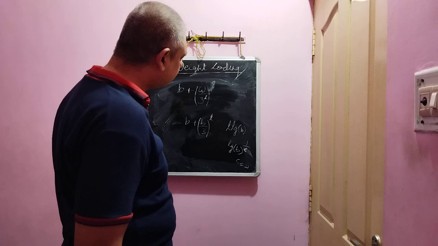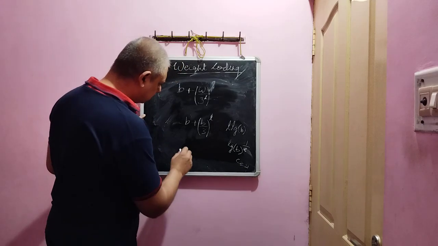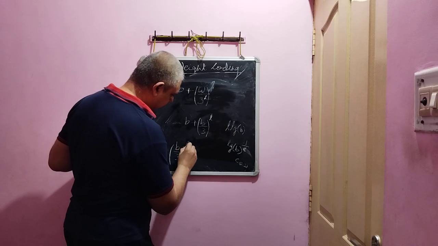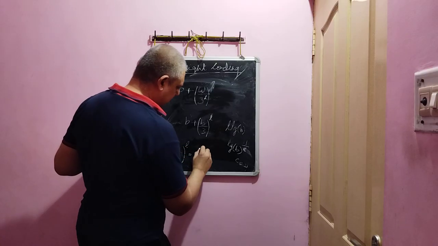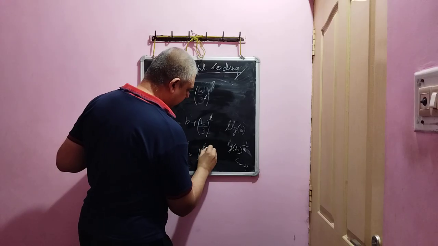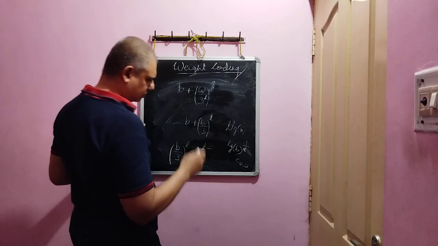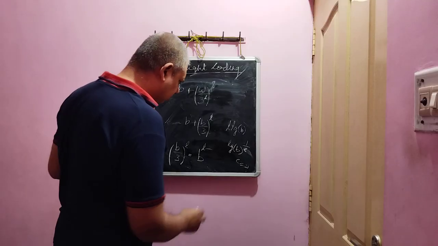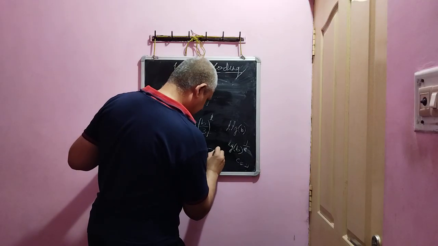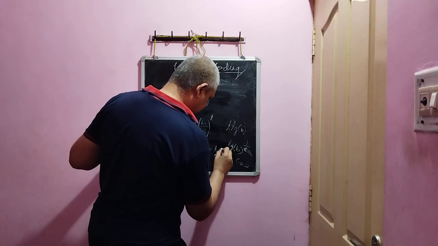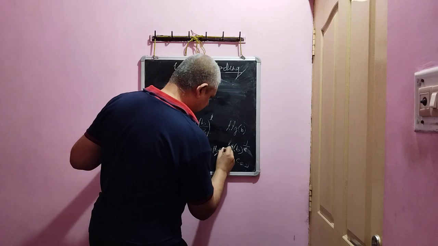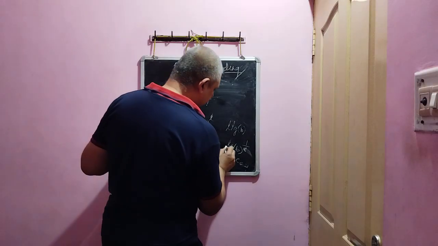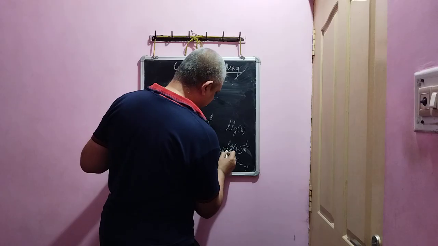That means the least weight must be such that b by 3 whole power L must be equal to b power L minus log B power C minus 1 by C times,